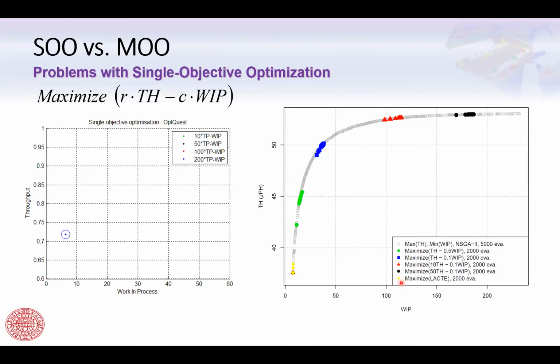I think for my lecture today, I will stop by showing you this animation in order to let you understand better what is the difference between a single objective and multiple objectives. For the single objective, I don't really follow this to 1, but I could put an R and C here. And the production line problem is very simple. If you are interested in how the line looks like,